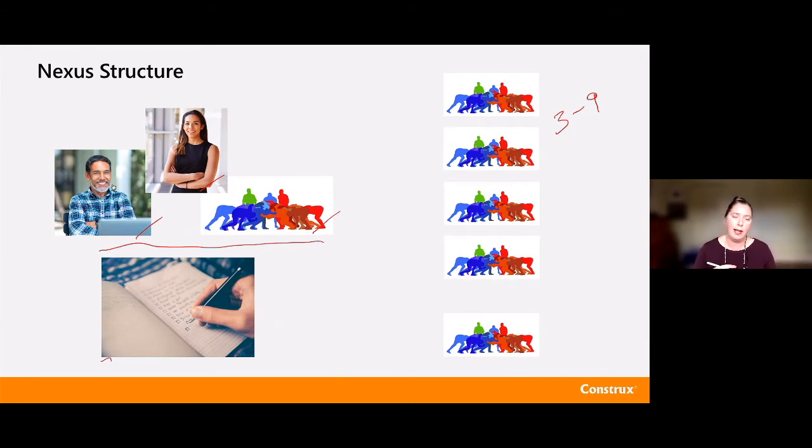What you're really looking at here is the number of teams that can effectively work together. So if you're at 5 and things are humming along, you add a 6th and you're still humming along, you're great. You could add a 7th. If you're at 5 and you're kind of struggling a little bit to get everything integrated, and you add 6 and then you're starting to fail to get everything integrated inside of the sprint boundary, go back to 5, look at your practices, look at your tooling, look at your infrastructure, look at what you need to do to be able to more effectively, collaboratively build with more teams, put that in place, and then bring another team in.